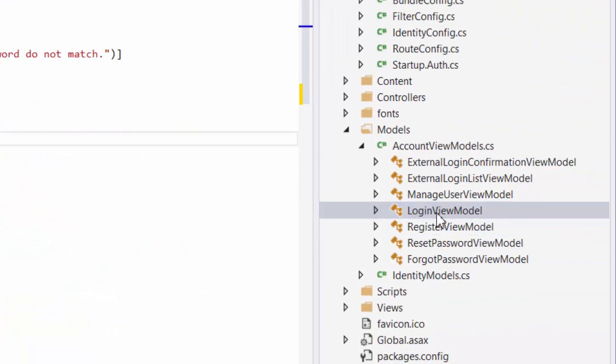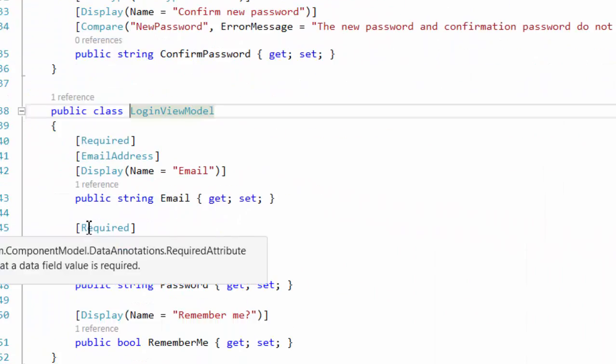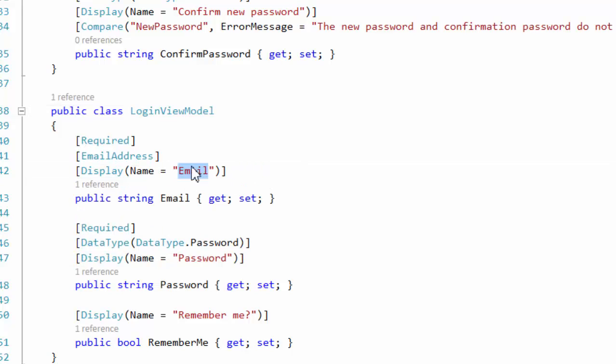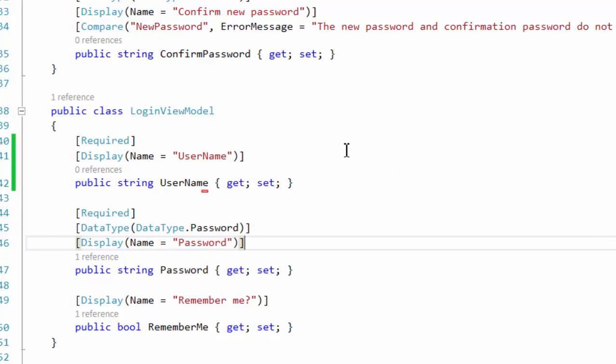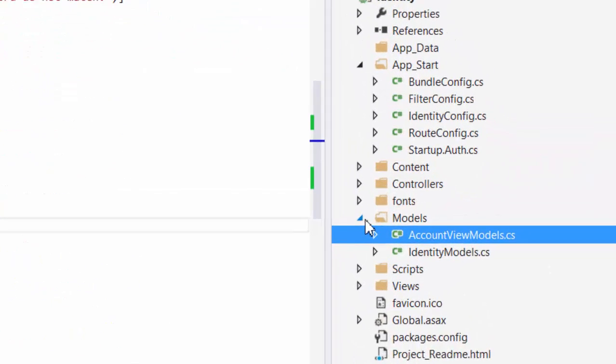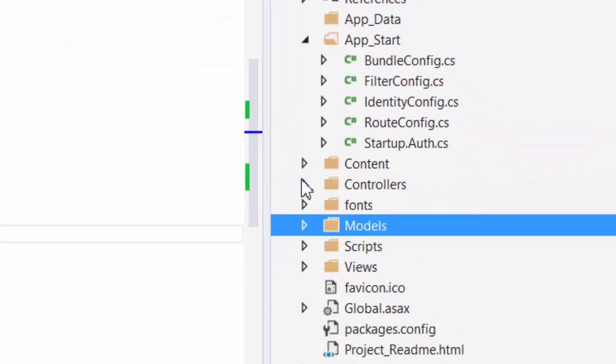We also do this for login. In login, we don't need the email address anymore, so delete this and put a value for display, and to get the username from the user. Okay, now we've changed this. Let's save it. Let's go to controllers